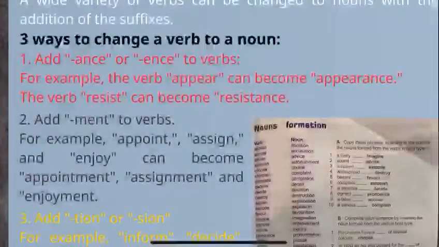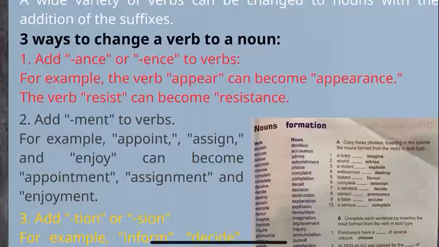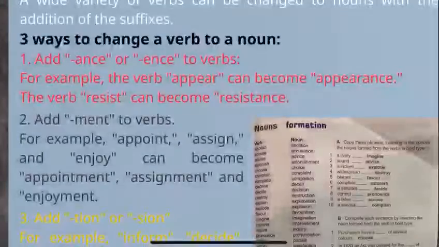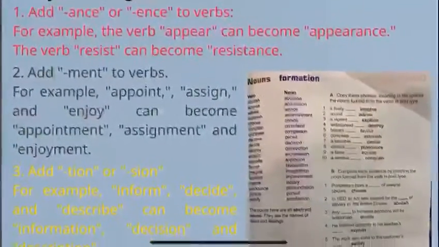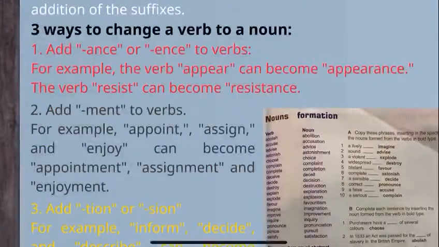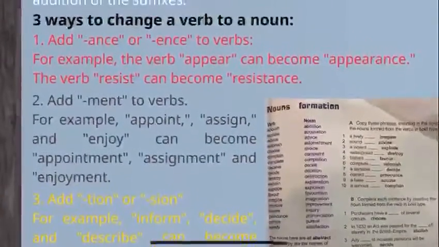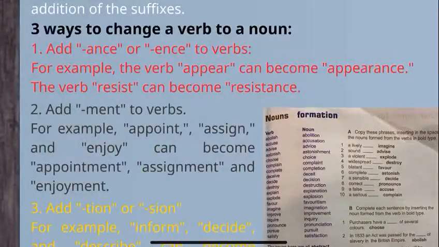Fine. Appearance means the outlook of something. So appearance is basically a noun. It's a noun, and appear is a verb. Understand? These are basically abstract nouns. Abstract nouns are basically the names of meaning, feelings, and ideas and all that. So the first way to change a verb into a noun,